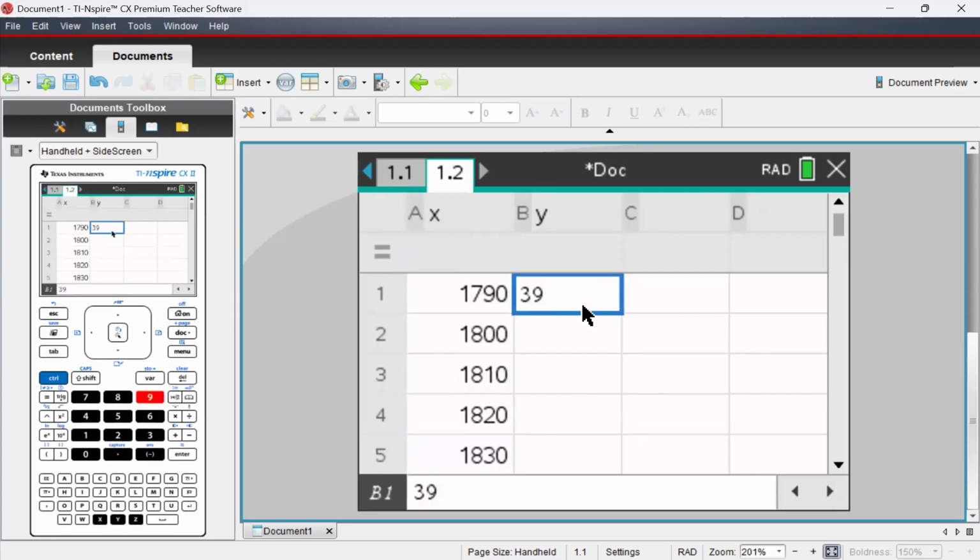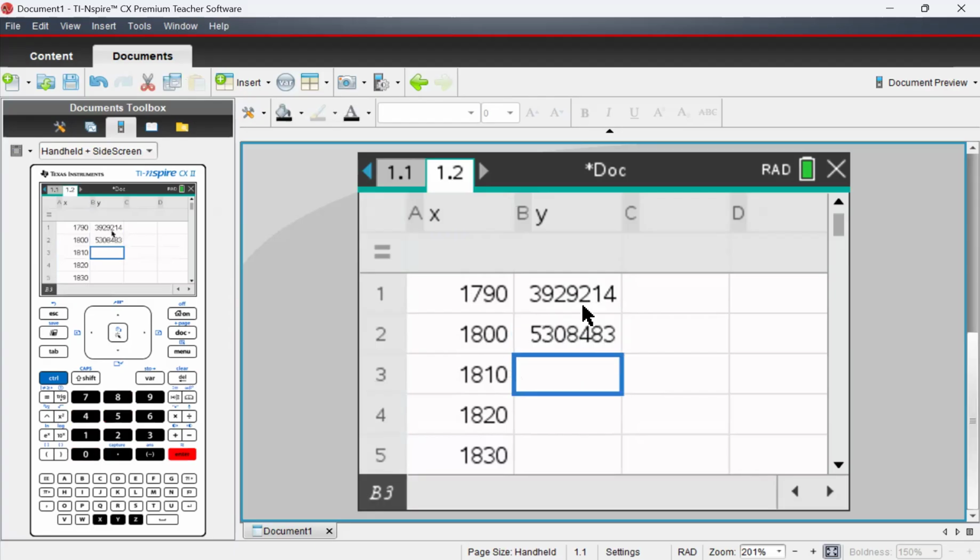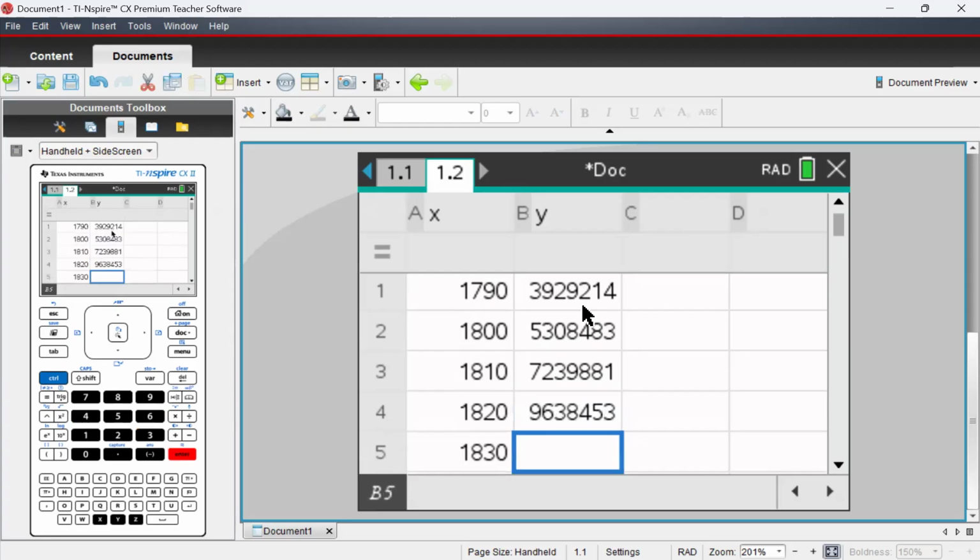So 3,929,214, 5,308,483, 7,239,881, 9,638,453, 12,860,702, 17,063,353, 23,191,876, 31,443,321,